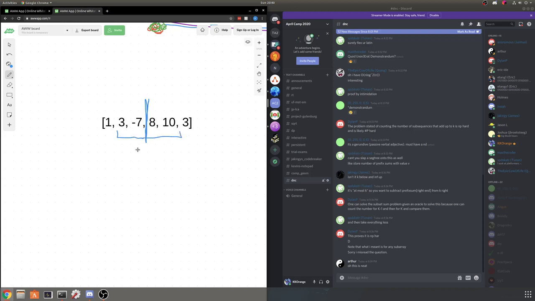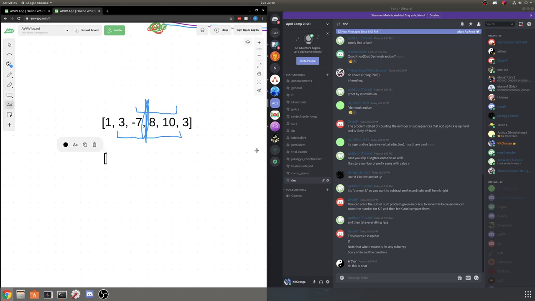So basically it's all of the subarrays that intersect this cutting point that we made. And again, the reason that's useful is once we've counted all of the subarrays that cross this divide, then we can